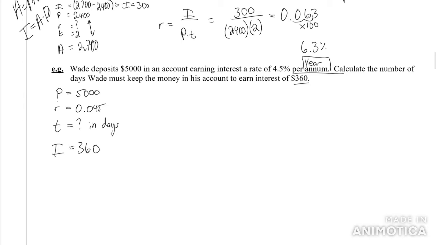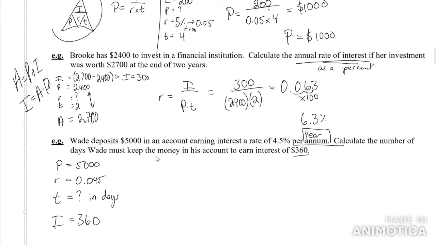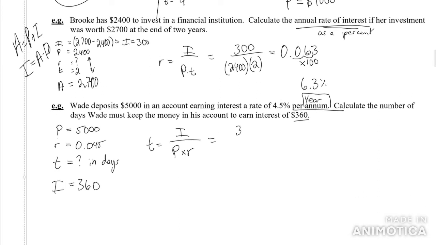So calculating time is equal to I divided by P times R. So I get 360 on top, and I have 5,000 and 0.045. If you leave this as a percent, it's going to be much too small. So from this, you're going to get 1.6, and that's not days, because how this equation is set up is